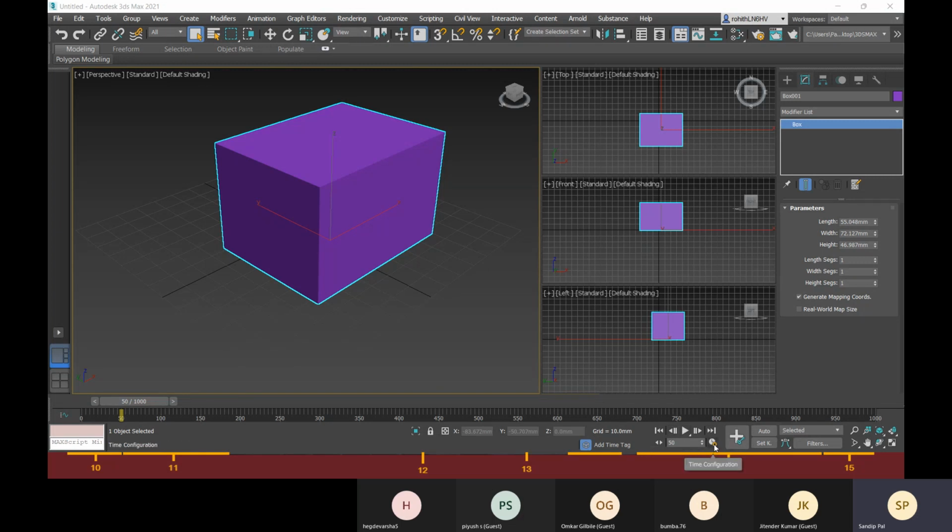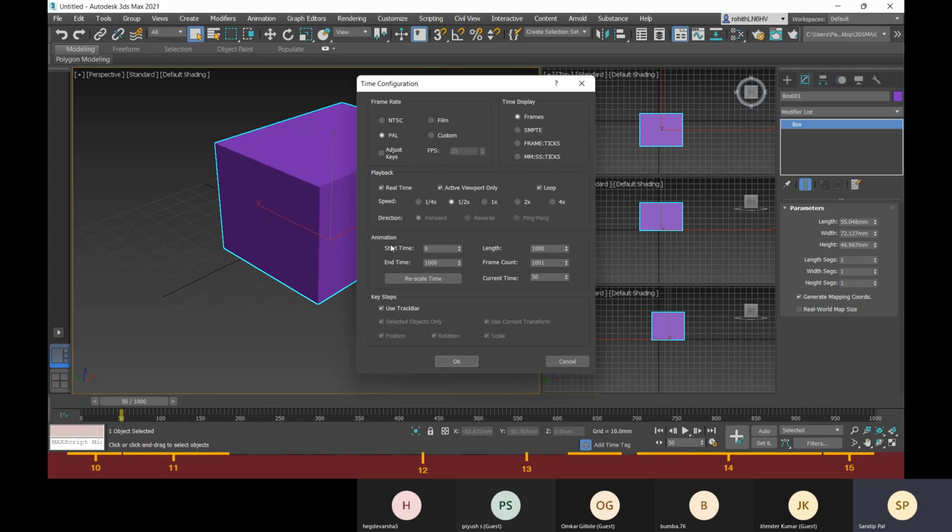And we have this option, time configuration, here. You can see that it is set from 0 to 1000 frames. You can change it to 100, or to 1000 if it is required, and how much speed there will be.